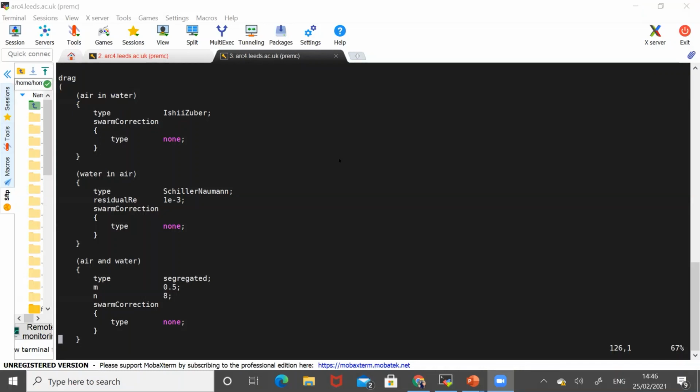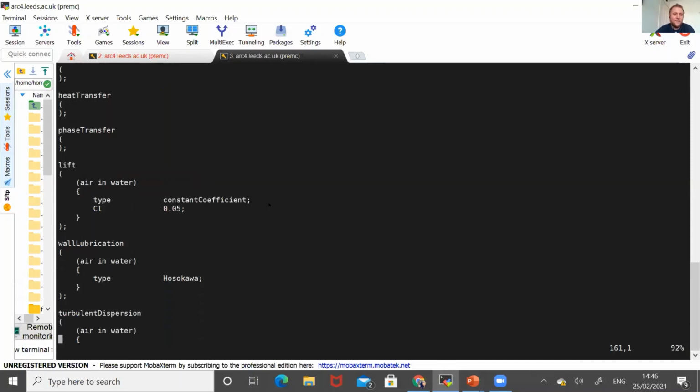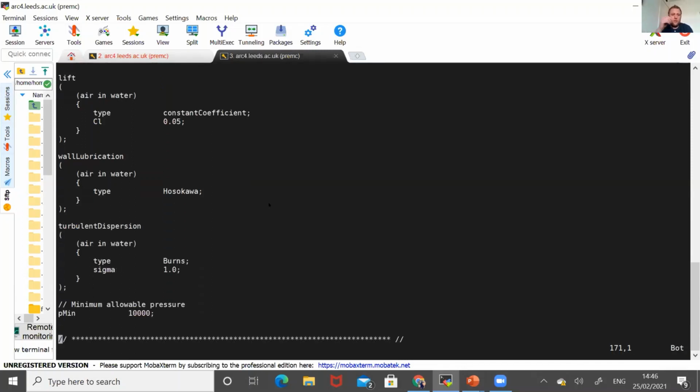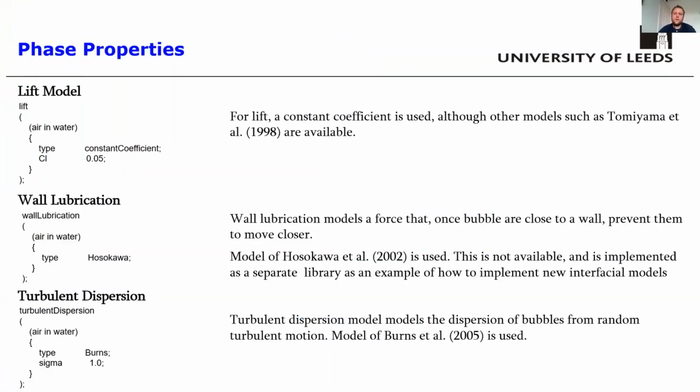Okay, yeah. But so now you can see the drag dictionary with all the models. And then later on, below, you see the other forces that we consider. We consider lift. And for this, I've defined only air in water because it's the only condition found in this case. For the lift, we use a constant coefficient, although again, correlations are available, such as